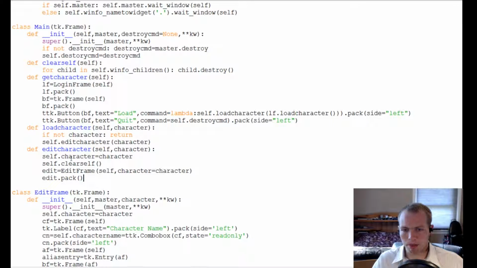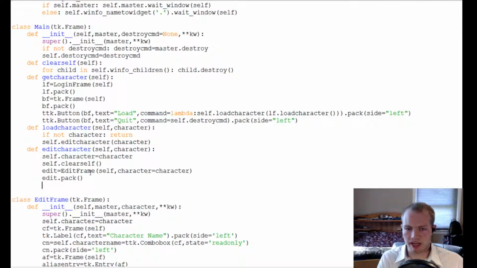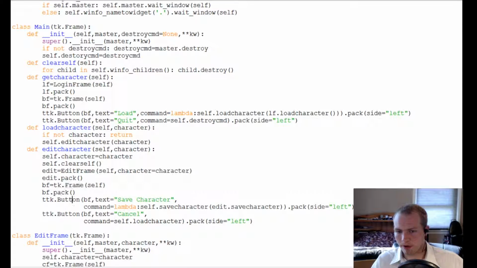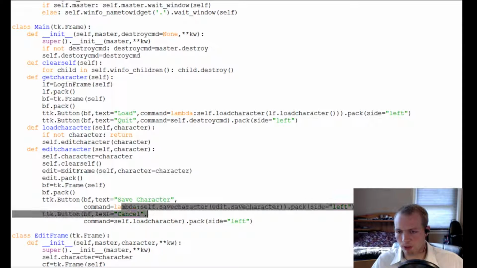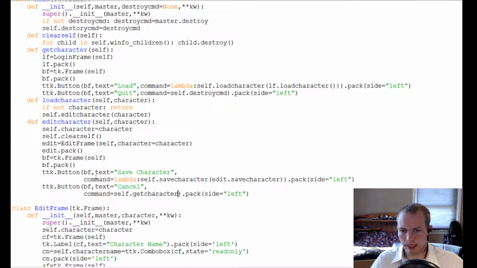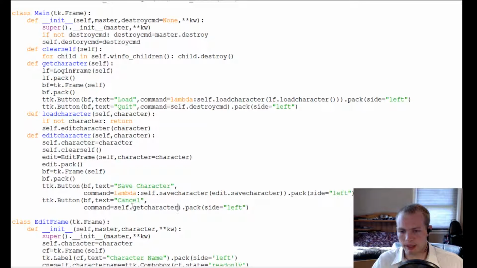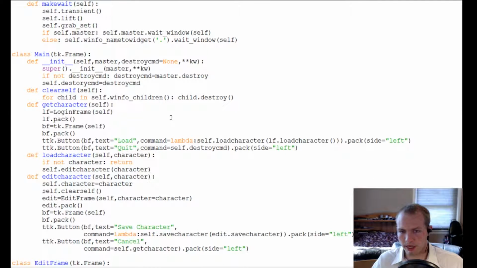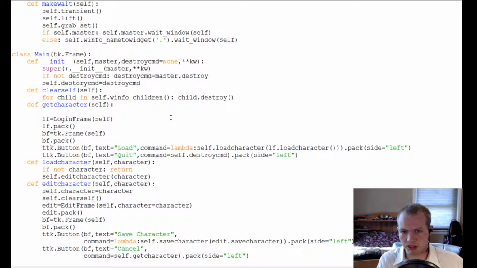So just to button up this part up here, we're going to go ahead and add our buttons. We've got our button frame, nothing unusual there. tdk.button, we've seen this before, save character. We'll have to write this save character function for this main frame, and that's just going to call edit.saveCharacter, which was the function we were going to write. Then tdk.button, bf, text cancel, plain and normal, command self.getCharacter. Since we're just going to send us back up to our first login screen, the get character screen,